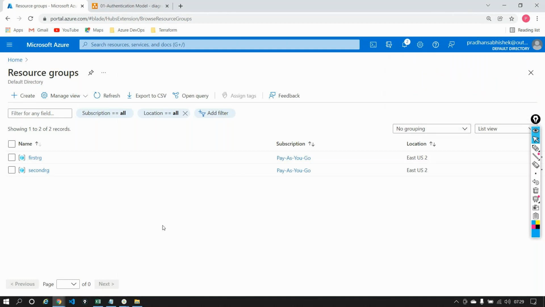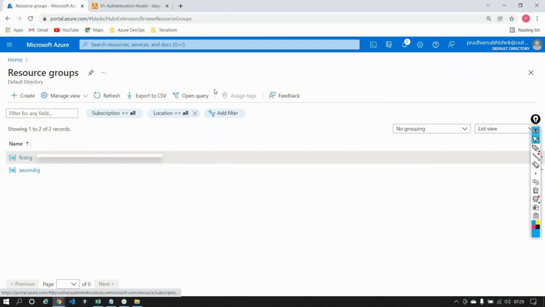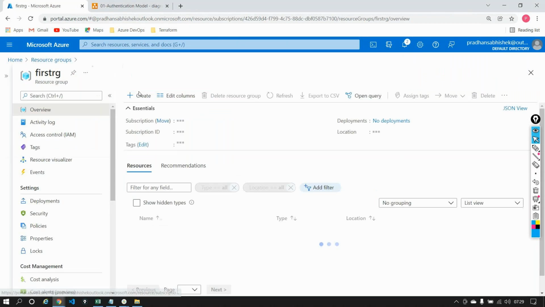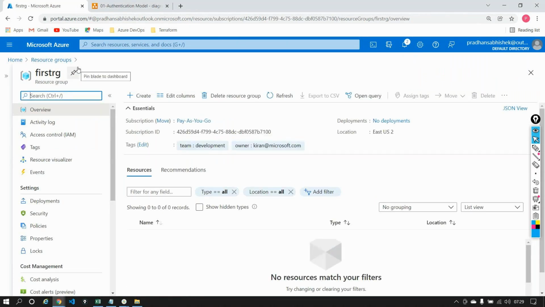Now a couple of questions out here, guys, is that I have created an RG, which is a resource group right now. After creation of a resource group, can I go ahead and change the name of the resource group? No. Yes, the answer is no. You cannot change the name. You will not be able to change the name.